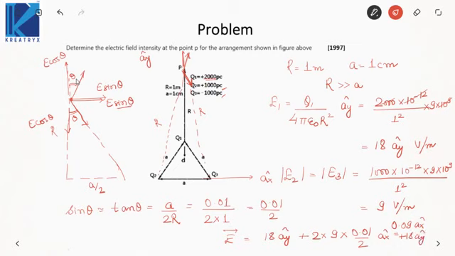Okay. So here I have made one approximation, that r is 100 times of a. That is why this theta is very small, so sine theta and tan theta are almost equal. These sorts of approximation should be very clear to you, because in the exam, if one distance is larger than the other distance, and that too 20 to 30 times larger, then you can ignore the smaller distance. It will ease up your calculation and the answer will be almost exact.